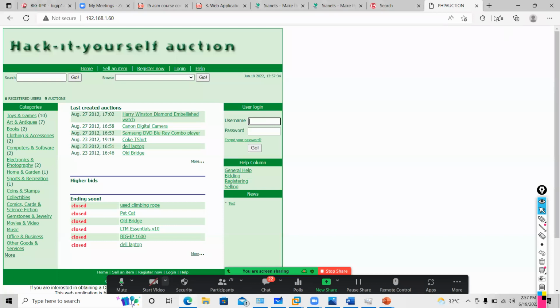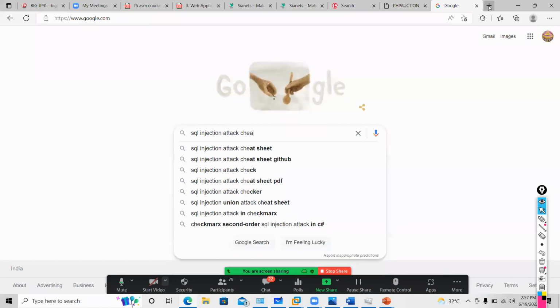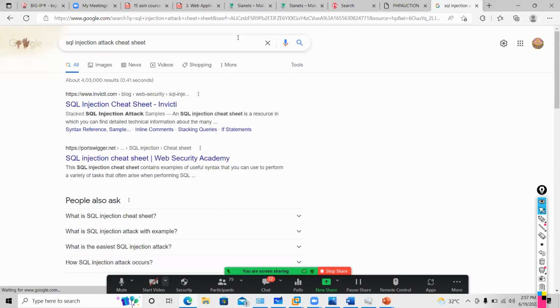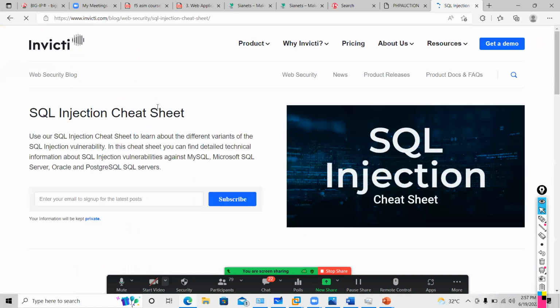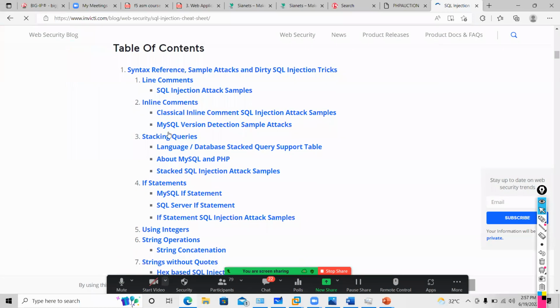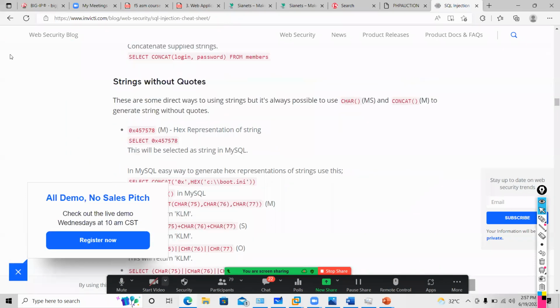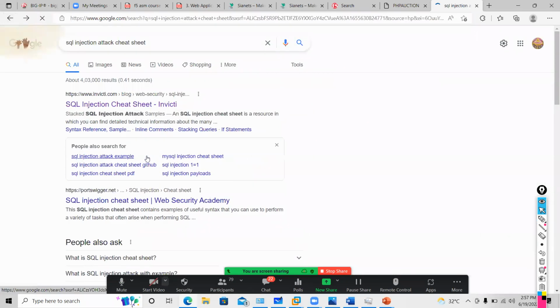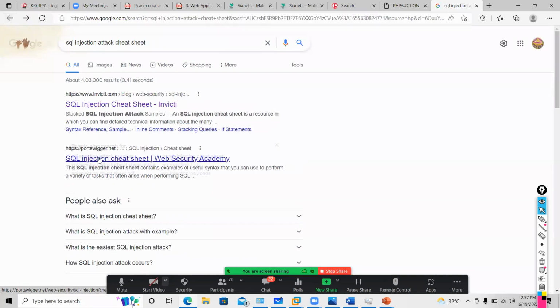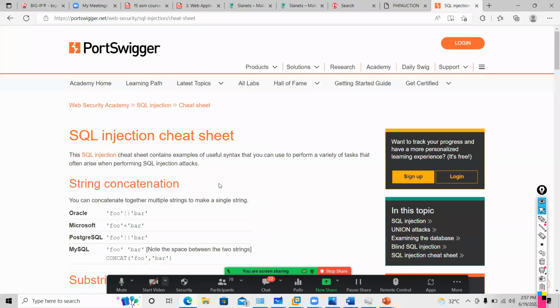I will just search Google for SQL injection attack cheat sheet and open this. I'm performing one attack in front of you. I will take one parameter.